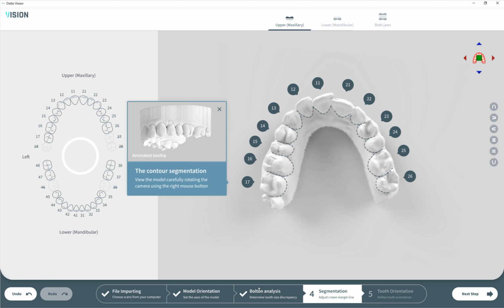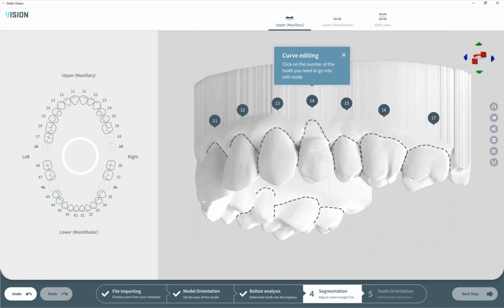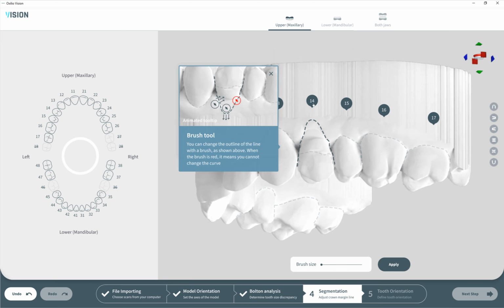Right after the third step, the software will automatically segment teeth from jaws, and it will do so with a very cool algorithm. But of course, sometimes it doesn't work 100% correctly. So we have an option to edit those segmentation lines. And here we can select the tooth. For example, for tooth number 14, we can edit this curve. How it works: you select the tooth and you can edit only the segmentation line for this particular tooth. To do that,